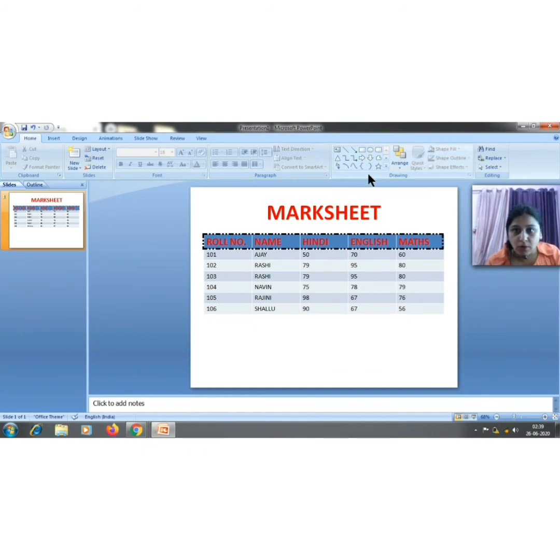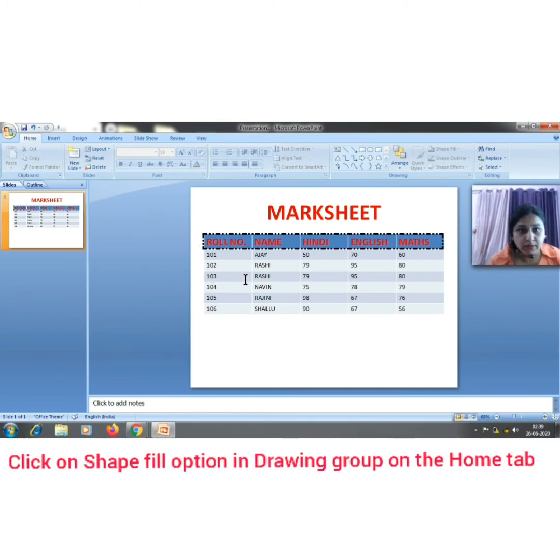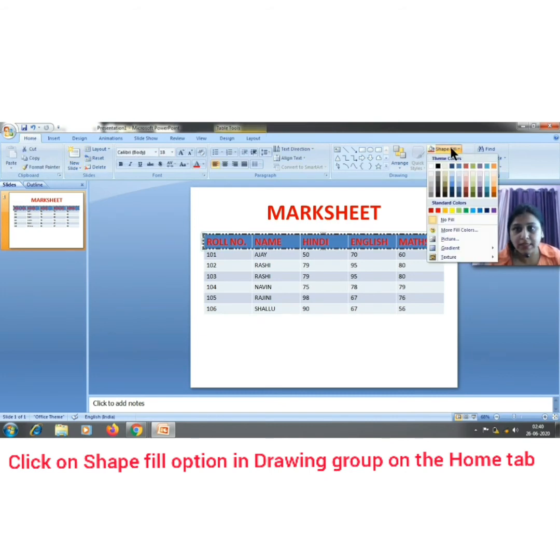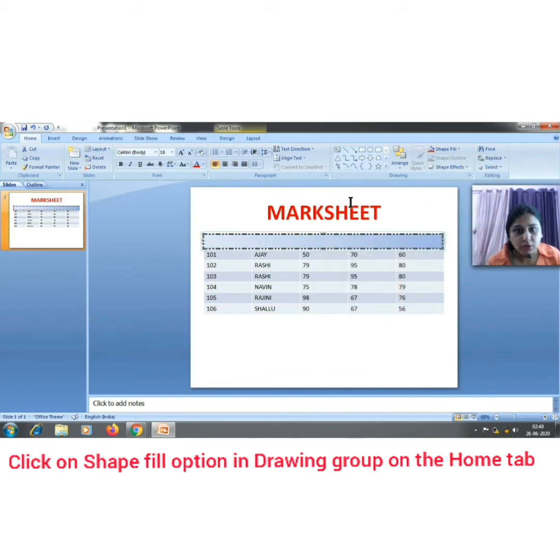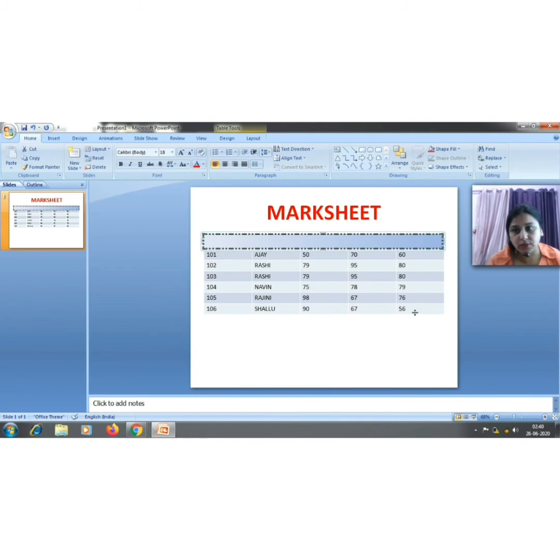Now go on this tab for the shape color. Okay, now you go to the home tab. Click outside the table first, then in this home tab, you will see this shape fill option. You can choose any shape color here and it will be applied. Fine. So these are just to observe the effects. You don't have to do these effects. You can undo from this.